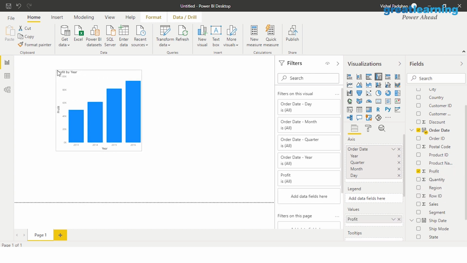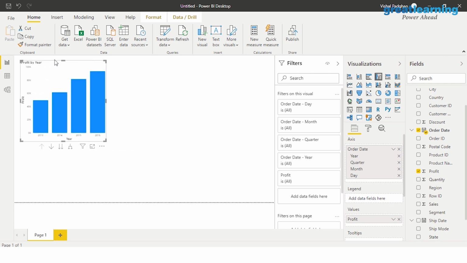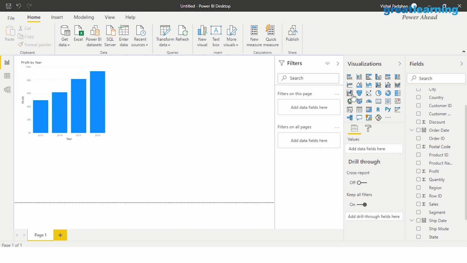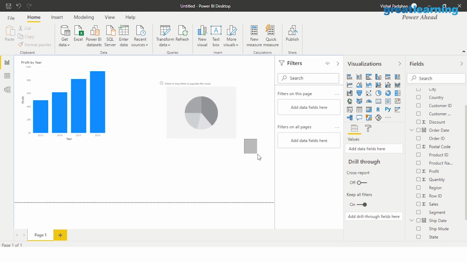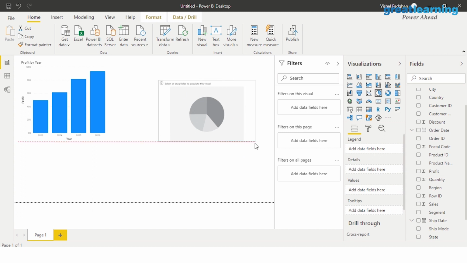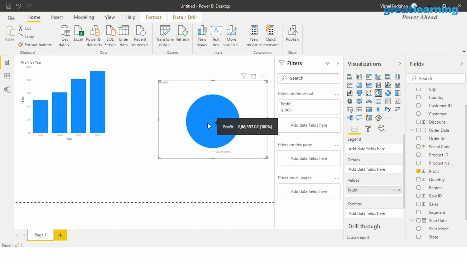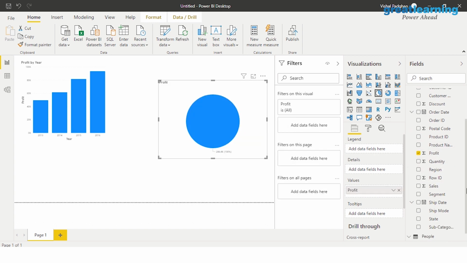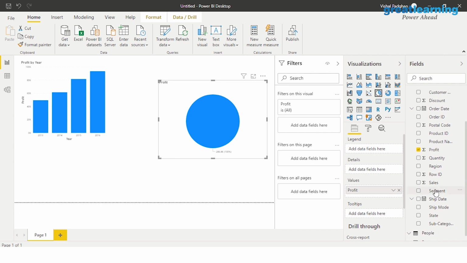Now, if I just come here and put this information in a corner, let's try and create some other visualizations as well. I'm going to go ahead and pick this visualization and show you how Power BI functions. So now I'm going to just expand this information. I want a bigger chart for this. And again, let me just go ahead and put in profit. And let's see if we can put in something else. What is the other thing that we can put in? Let's put in sales.